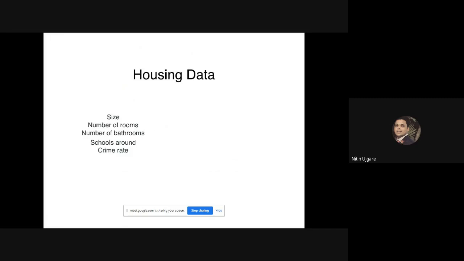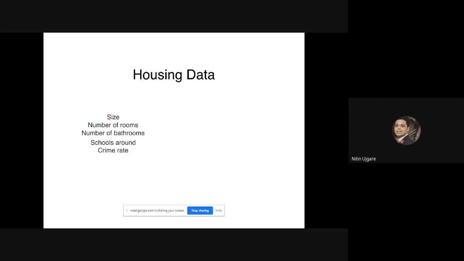Now, maybe it is possible that not all of these features are significant, or that they may not add any confidence in building the machine learning model. So my ultimate task is to reduce this 5-column housing data to 2 columns. One way is to look at the first 3 features: the size of the room, number of rooms, and number of bathrooms. All of these are basically correlated to some information.